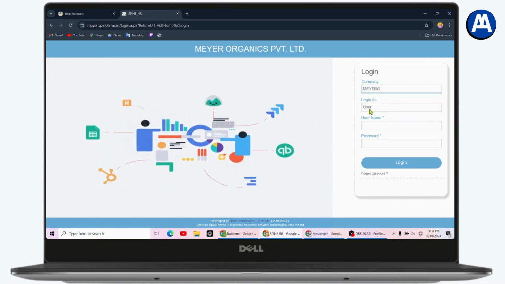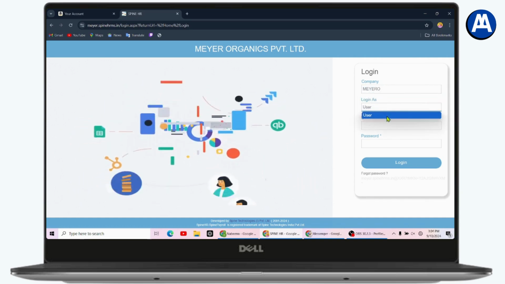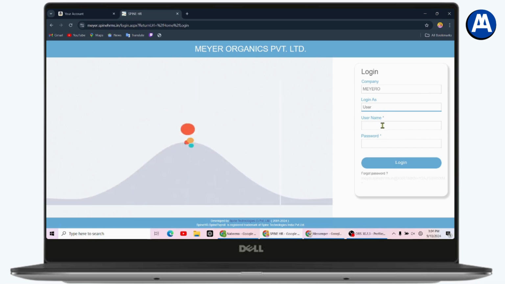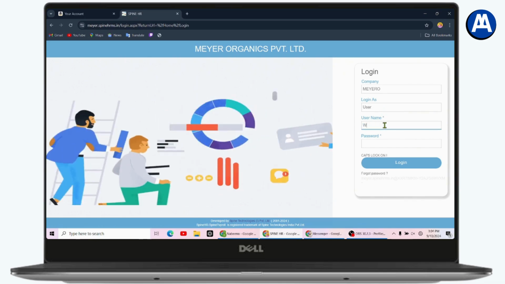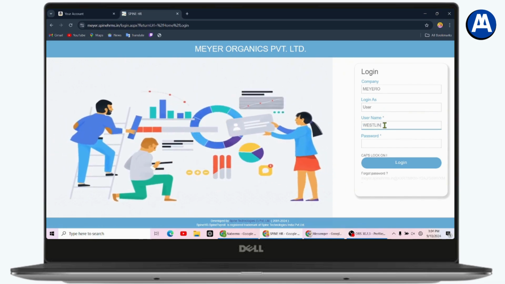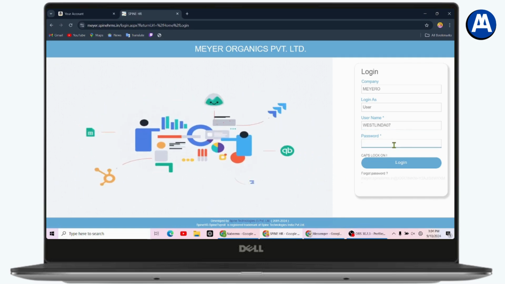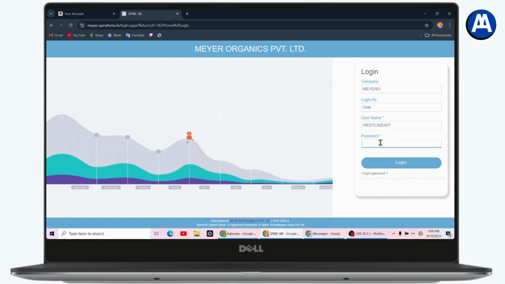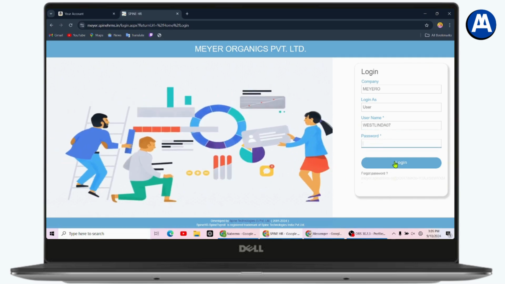And once you enter the company name, you need to log in as a user. You can simply choose user, and then you need to enter your username. For example, I'll be entering something as a username, and then you need to enter your password. So enter your password. Once you enter your password, you can go with login and you'll be logged into your